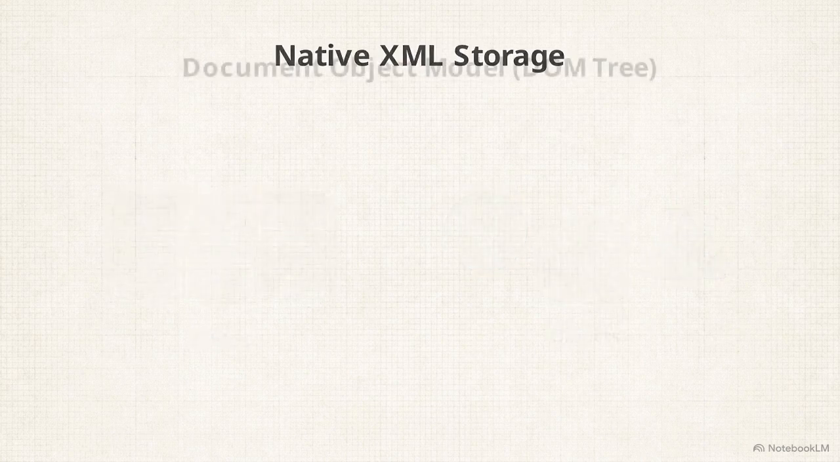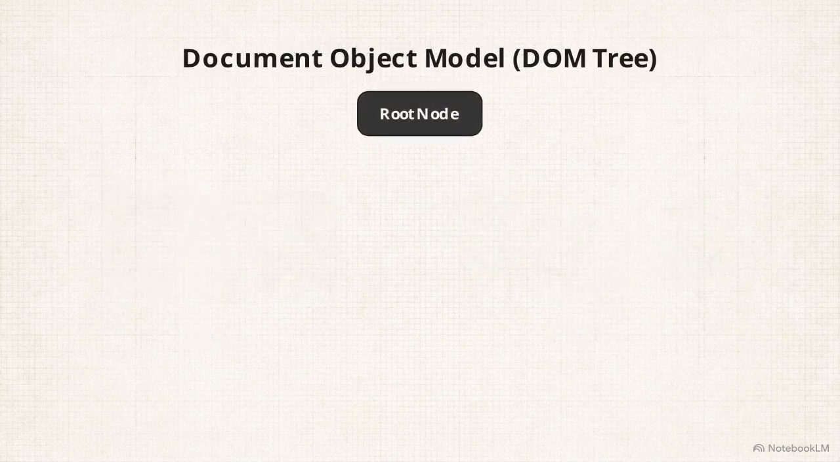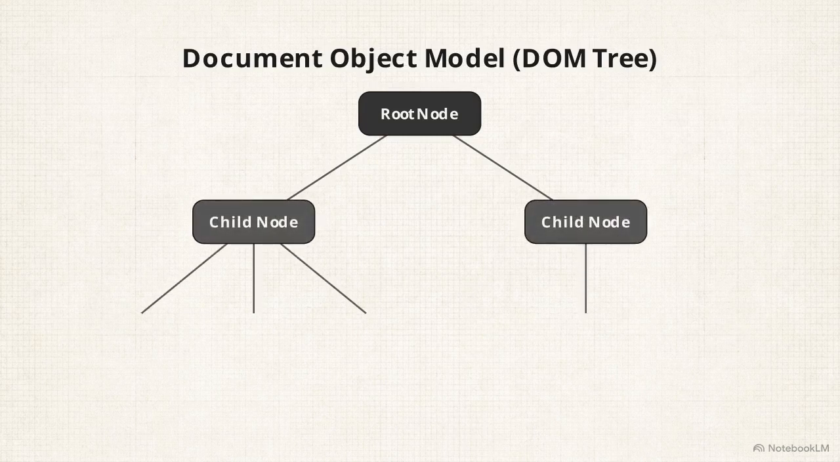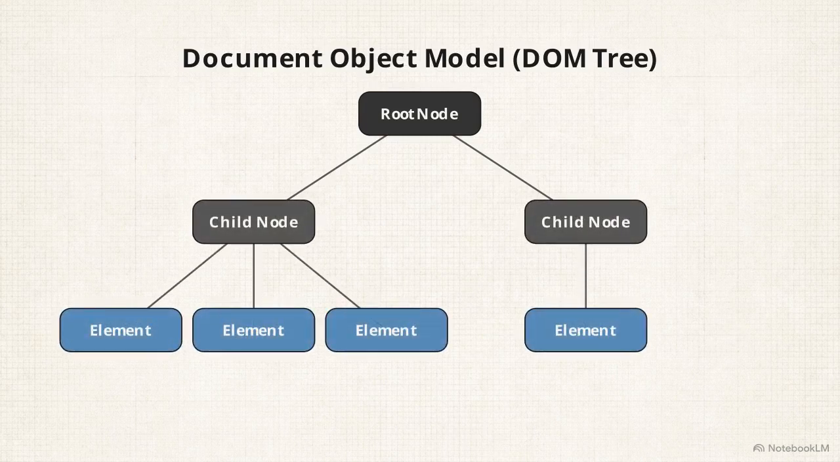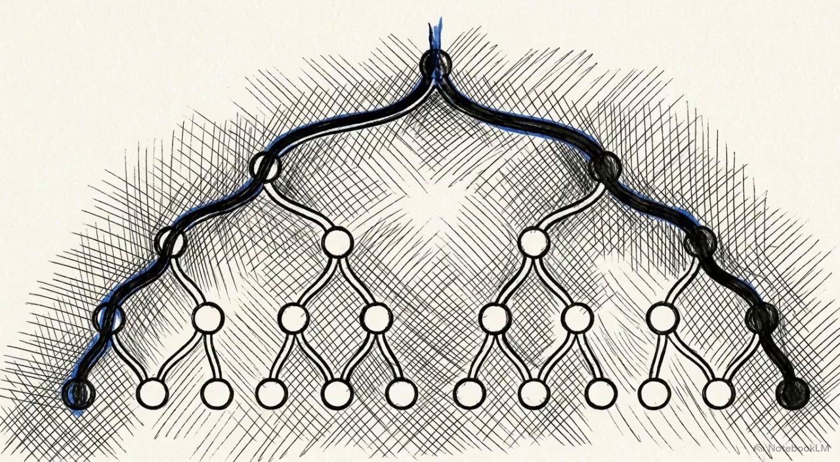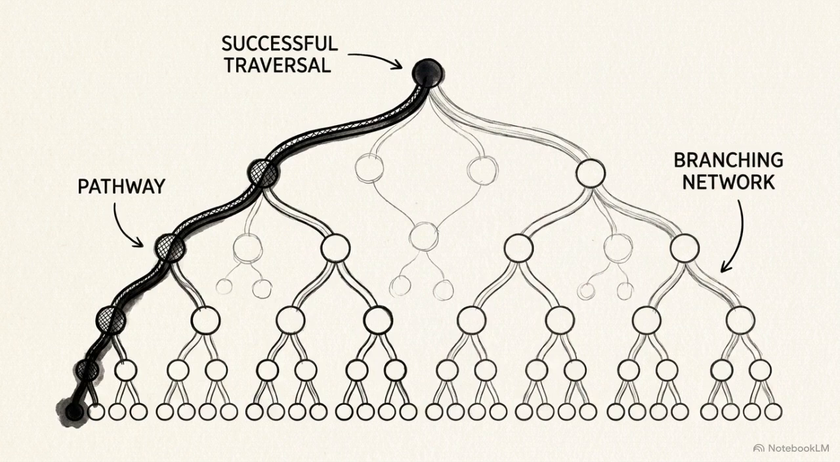Instead of tables or objects, the data is stored as a document object model, or DOM tree. A single root node branches downward into a hierarchy of child nodes, individual elements, and specific descriptive attributes. Querying this data requires a different mental model. You are no longer filtering flat rows in a table, you are traversing a hierarchical graph to locate specific target